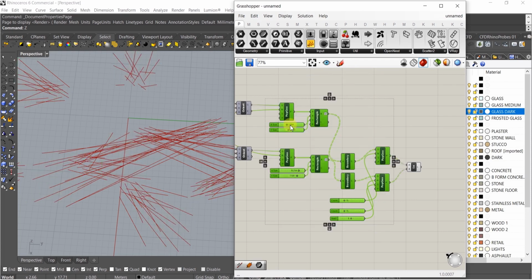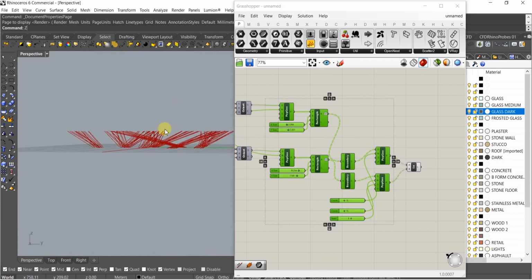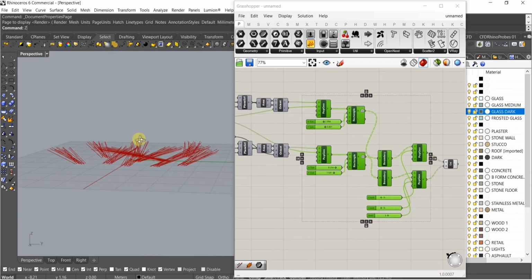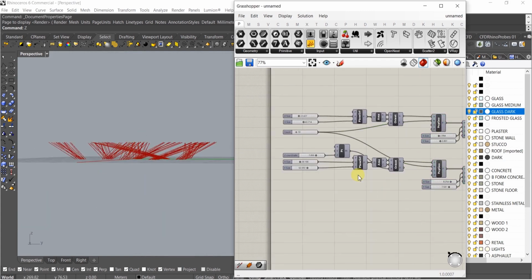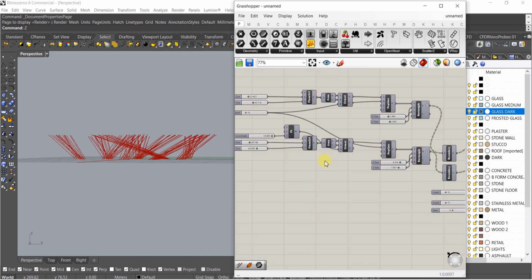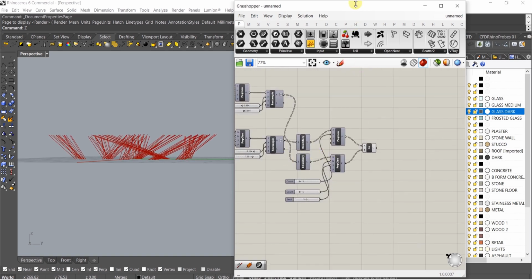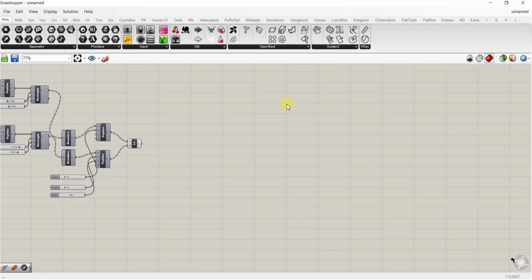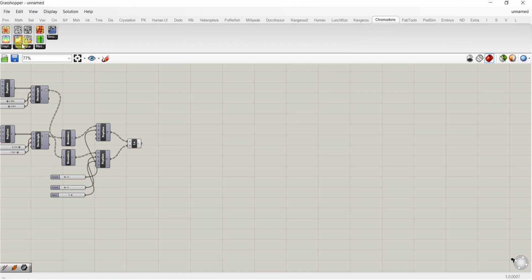I'm just going to hide this stuff so we're just sitting with lines for now. Then I'm actually going to bring this top surface up a little teeny bit because it seems a little low. Just like that. And then I downloaded the Chromodoris plugin, and it's for meshes and isosurfaces. And from here, I'm going to click on Build Isosurface, and before that, we need to do some sample voxels,